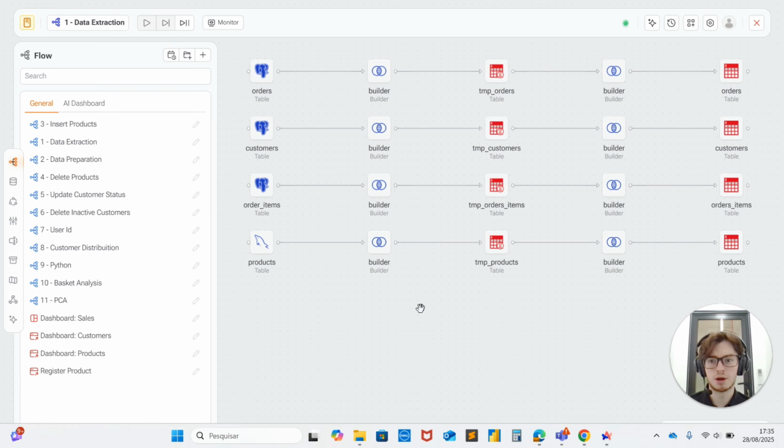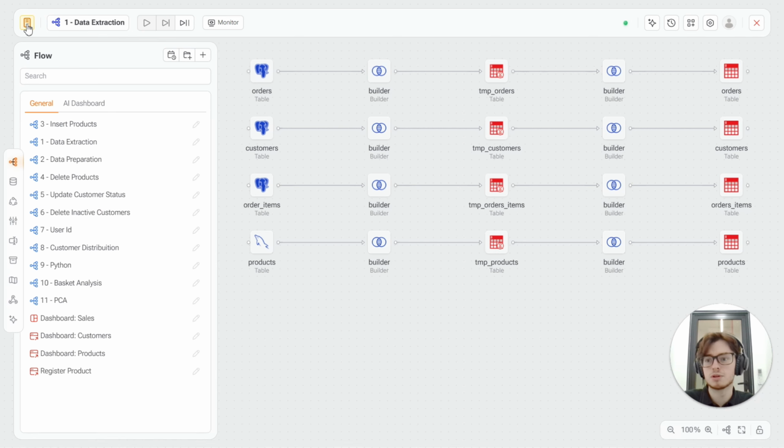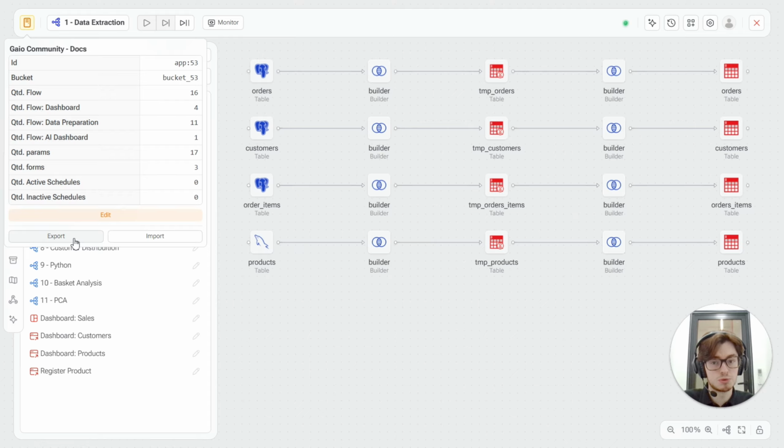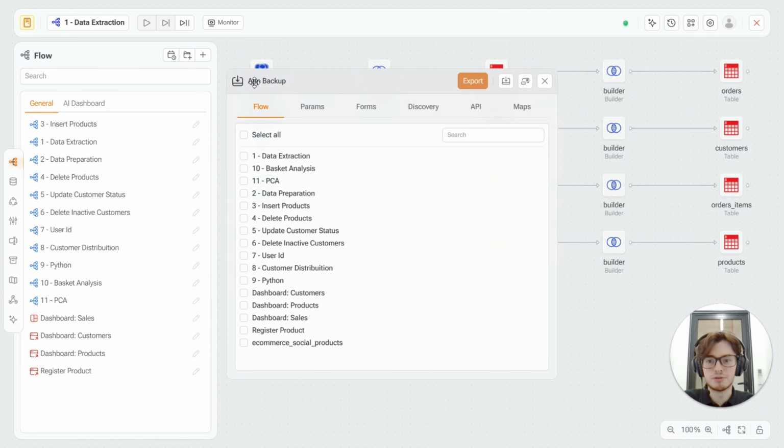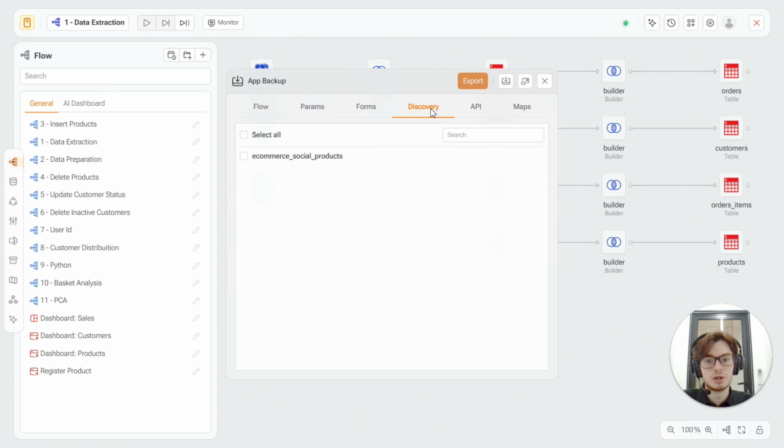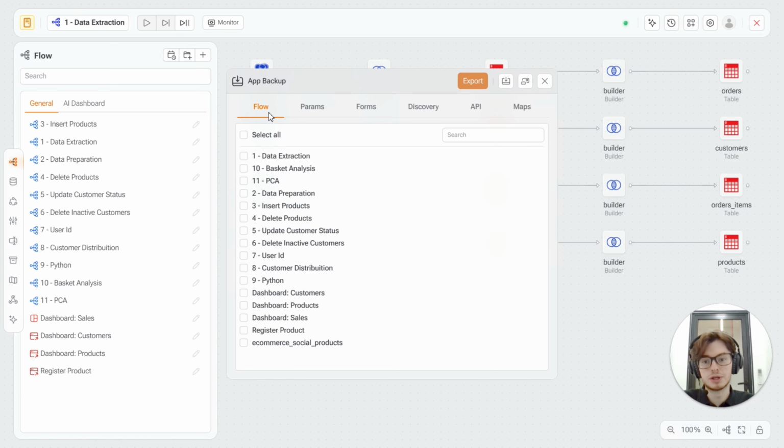So first off, I'm going to go over exporting flows, which can also be considered creating backups if you choose to select everything. The first thing you're going to want to do is click this icon up in the top left, and then you can click on export. Here you'll have this add backup screen, which will allow you to select individual flows, parameters, forms, discovery, APIs, and map data that you would like to